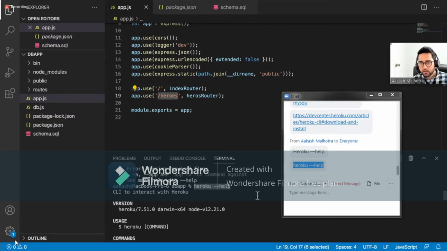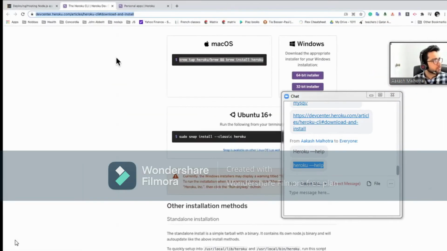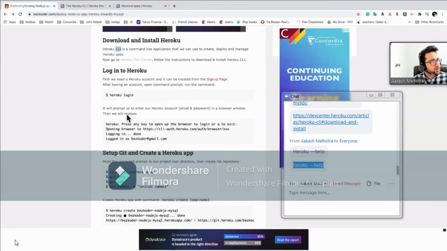All right, 8 people. Okay, so if that's working for you, run this command, heroku login, on your command line. So what we need to do is log in on Heroku, but from our command line, so that it has access to our account that we just created. Run heroku login,